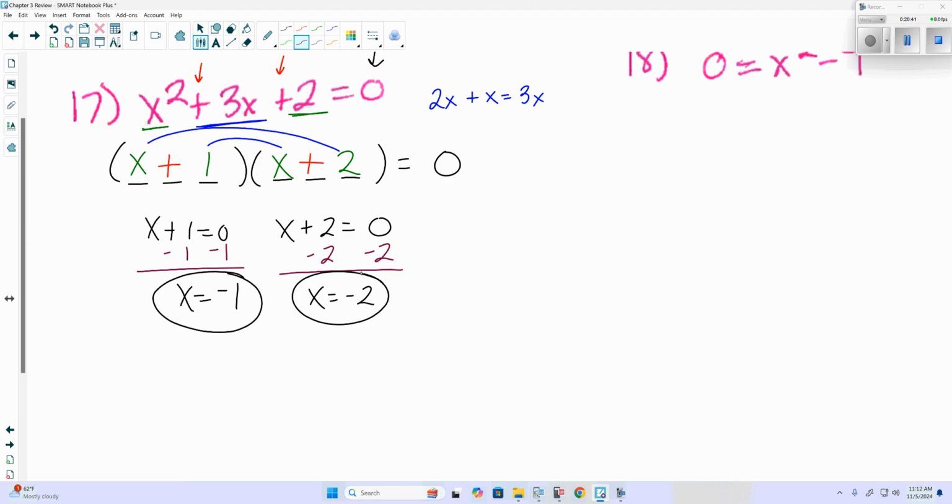We will tell you. Again, it's just going to be based off what it asks. So if it asks for factoring, you'll need to factor it. If it asks to graph,